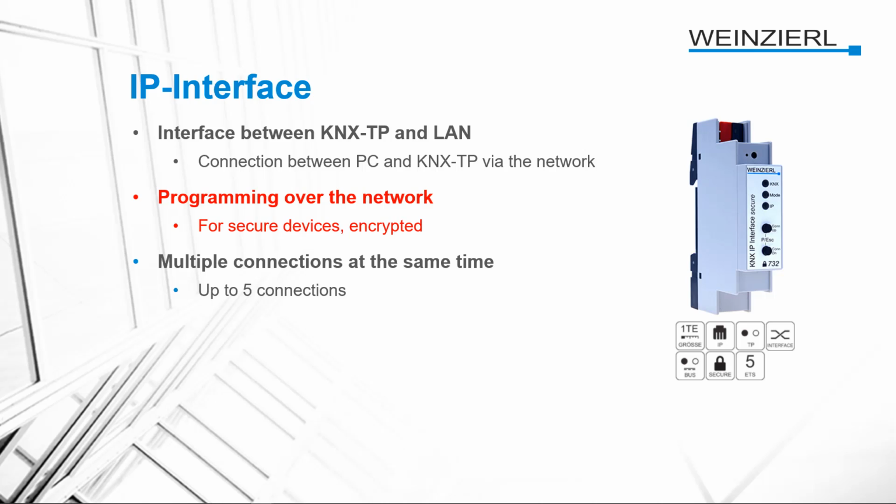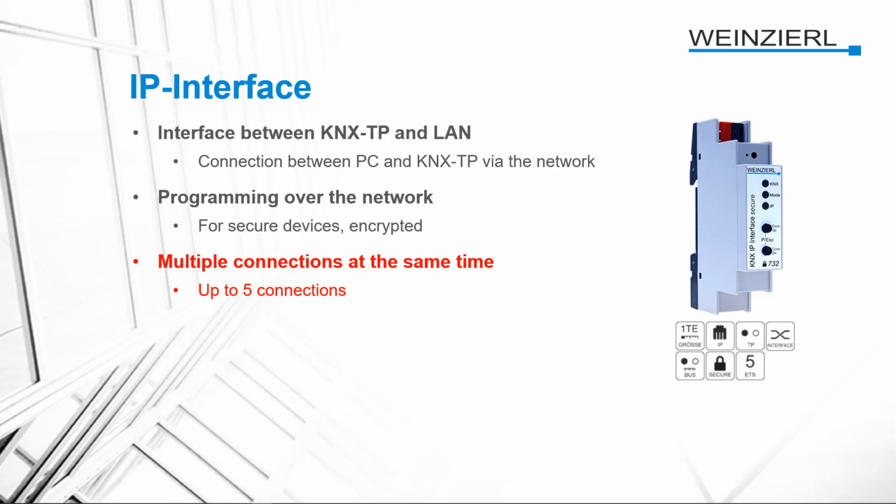On the other hand, you can use it for servers. So for example, if you have a visualization server that needs a connection to the KNX Twisted Pair bus, then you can also use the IP interface to build up this connection. Depending on the device you use, several devices can communicate with the KNX network at the same time. So in the case of the KNX IP Interface Secure 732, up to 5 devices can establish a connection at